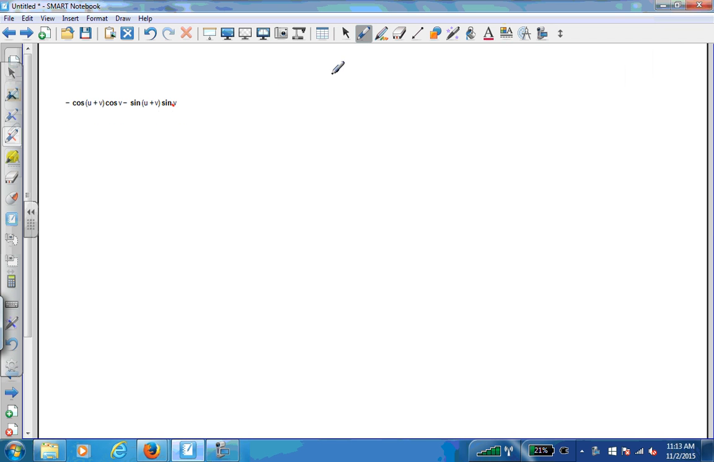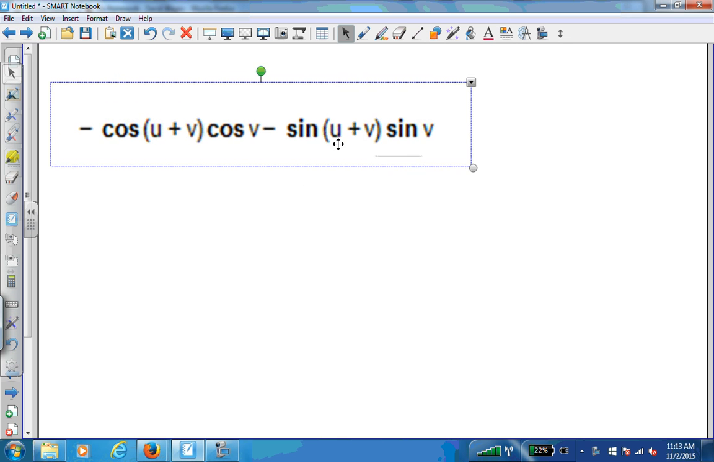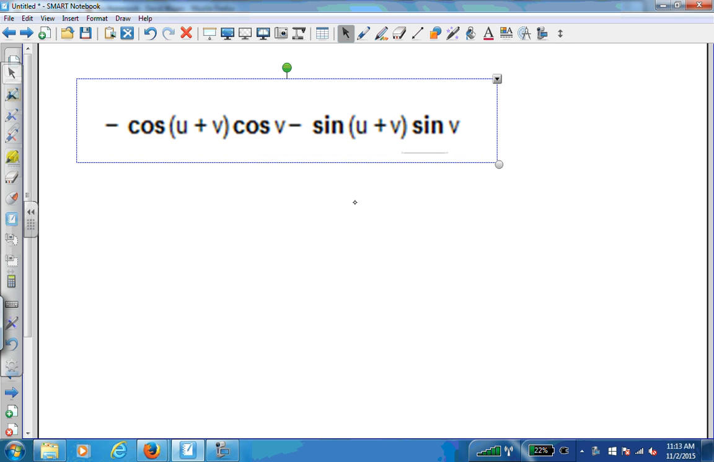So this is the last one from homework. They want us to simplify this using our identities. So for the cosine,